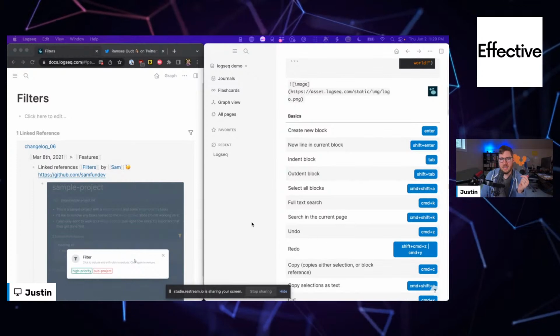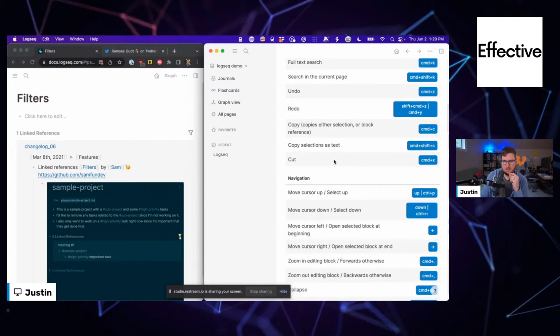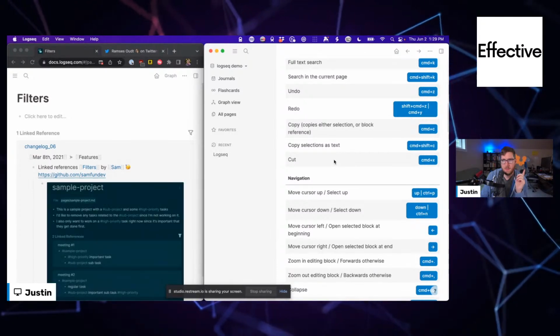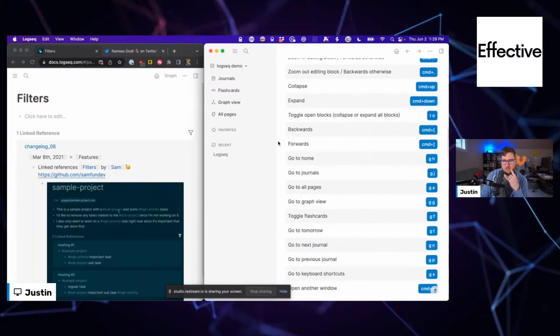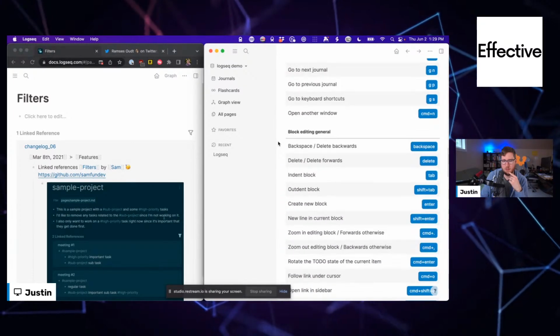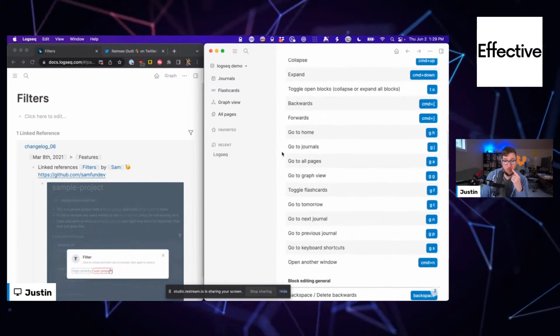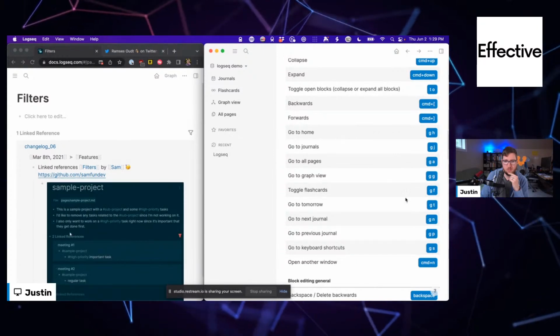If I can find a good PDF, I will take a look at that. I've done that a bit inside of Readwise. I'm in the Reader beta, and that works actually quite well. Go to home, go to journals, go to all pages. Okay.